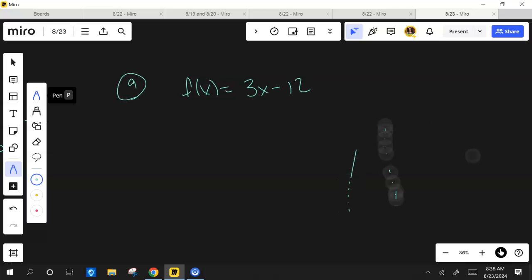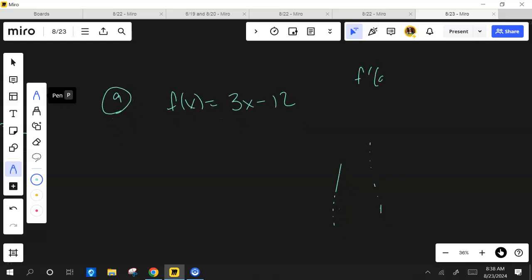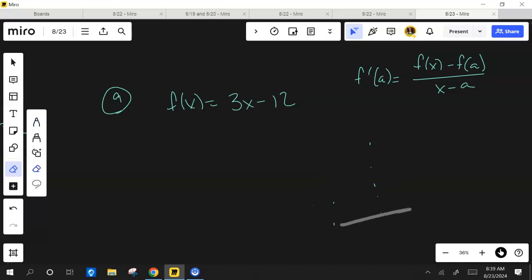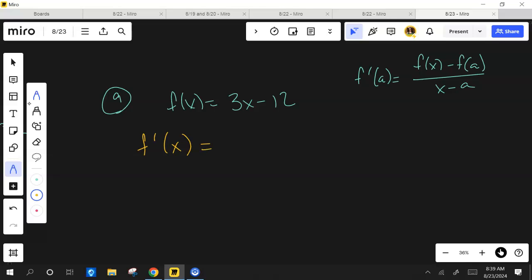All right, so it tells me, come on. F prime of A is f of x minus f of A. Okay, watch. This is, Logan, f prime of, what did it say? Oh, this one I didn't have. Okay, that's okay. So, f of x, I know, is 3x minus 12. I don't have an f of a, so I have to do 3a minus 12 over